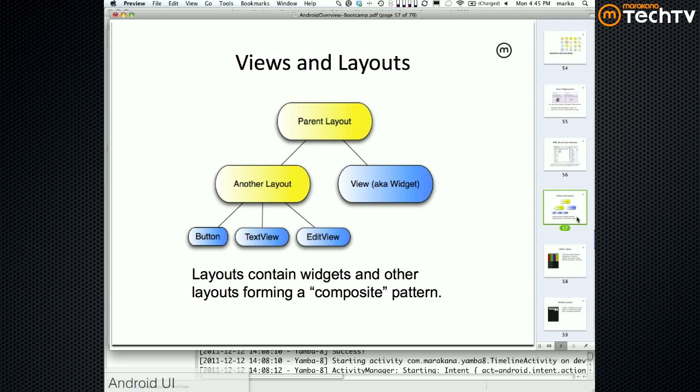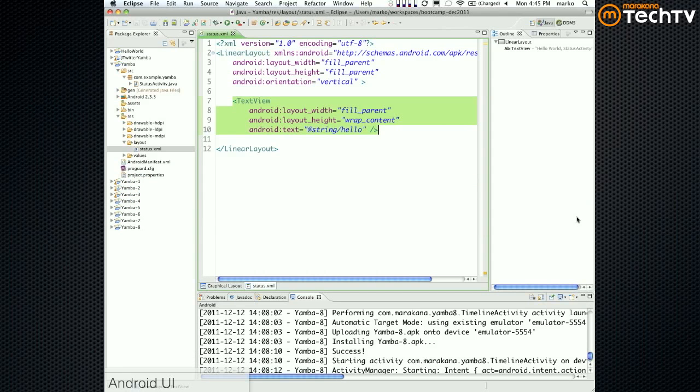Okay. So layouts contain other components. That's basically what we have here. We have a linear layout containing this piece of text, a text view. Text view is like a label or a JLabel, right? So